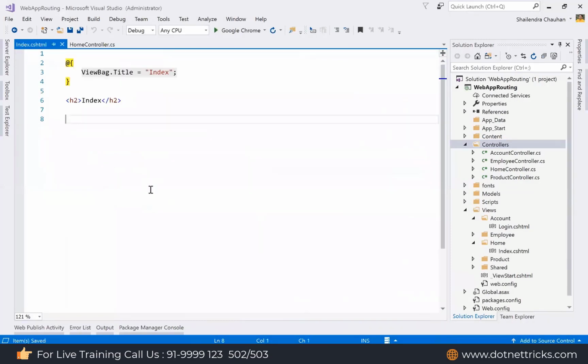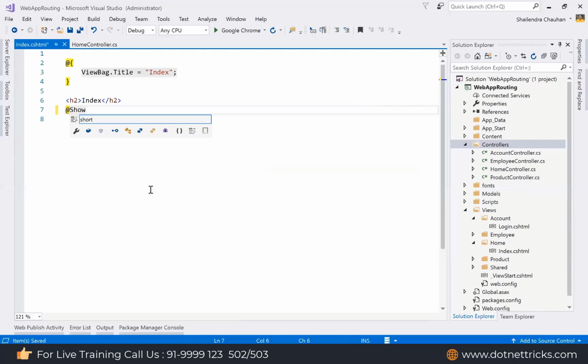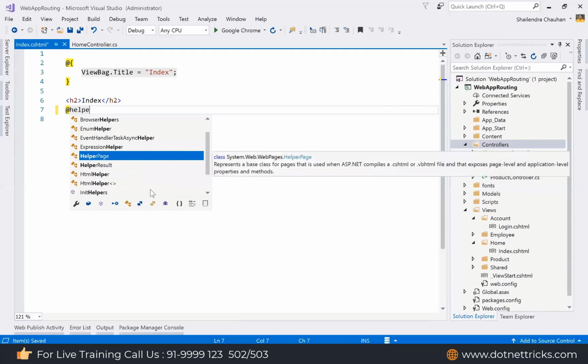And what can we do on this index page? Let's say I want to show the newly added products, like most popular products or trendy products. Generally, when we are displaying such types of products on a web page, we use the same way of representation. So for displaying these, I can create an inline helper. An inline helper we create using the helper keyword.